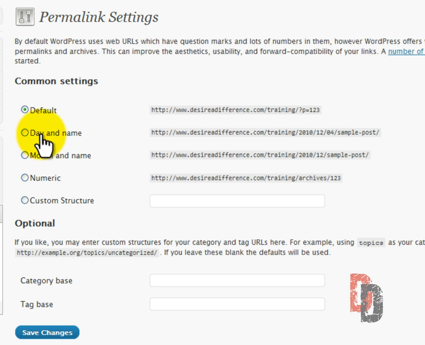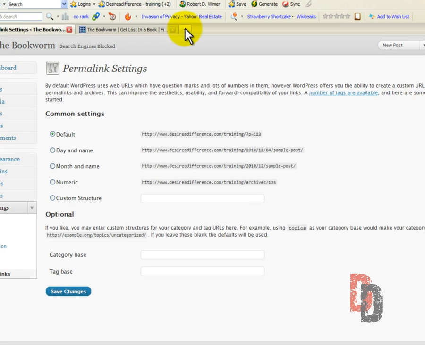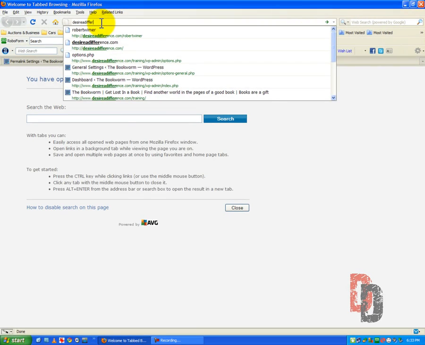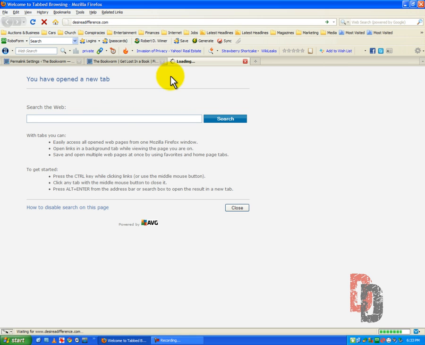Now you can go ahead and put the date and name, month and name, that sort of thing, but this really doesn't distinguish any of your pages at all. Let me show you what I mean. Let's go ahead and go to my website. Oops, let's do this. Have to spell it out, ence.com. If we go back to my website